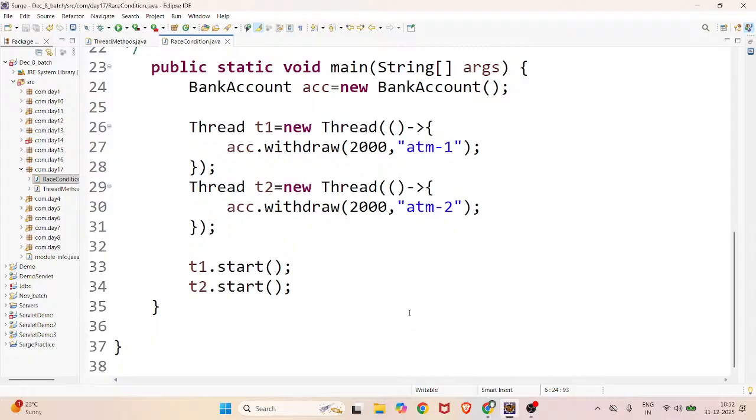Suppose T1 and T2 are there, right? T1 and T2 are there. One will depend on the other one. Then you have to intimate T2: I am completed, you can come. That means you are using wait and notify. Wait means you are keeping one thread in the wait state. Then you intimate the thread that it can continue. That means wait is for locking the thread, notify is for unlocking the thread. We'll see that. Before that,